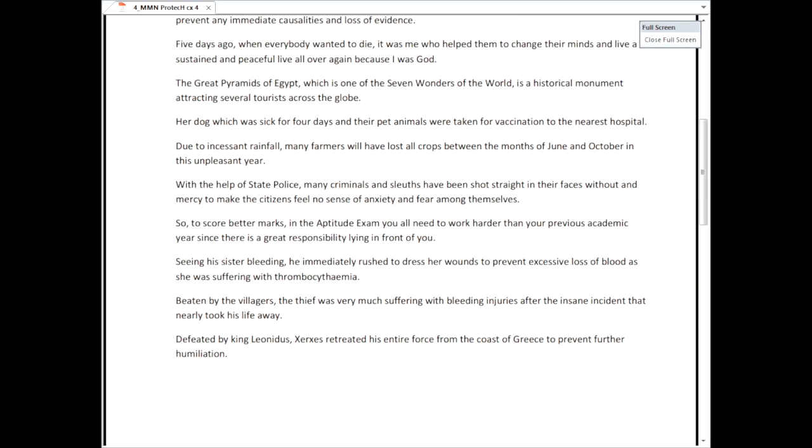Okay, so to help you remember, let me read it for the last time. Her dog, which was sick for 4 days, and their pet animals were taken for vaccination to the nearest hospital. Nice. Next one. Due to incessant rainfall,